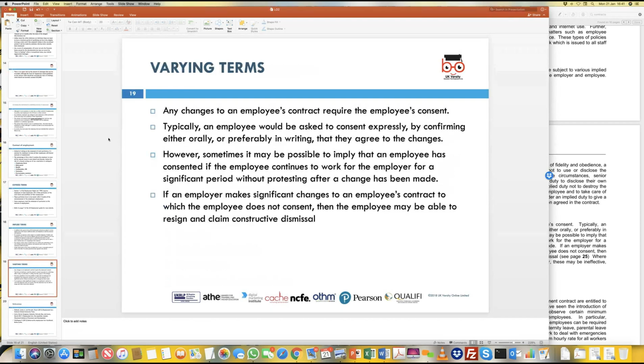Now, one of the last things that we want to look at before we switch to the first learning assessment criteria of learning outcome 2, is in the contract. Sometimes there is a term called varying terms also used. Now, what are these varying terms? Now, you were referring to this example of changing work hours. Like it mentions 8 to 5, but sometimes you're asked to do 6 o'clock, sometimes you're asked to do 7 o'clock. Now, these terms sometimes are varying from what has been originally defined in the contract given and signed by the organization. So sometimes employers use varying terms as a clause to make changes to the employment contract.